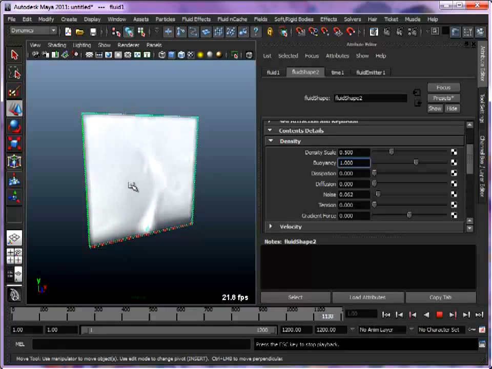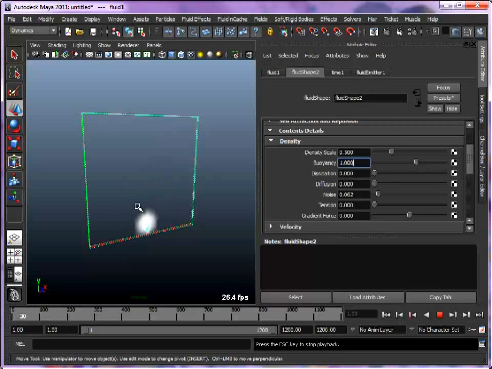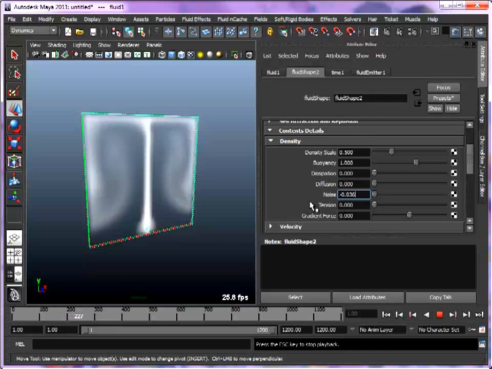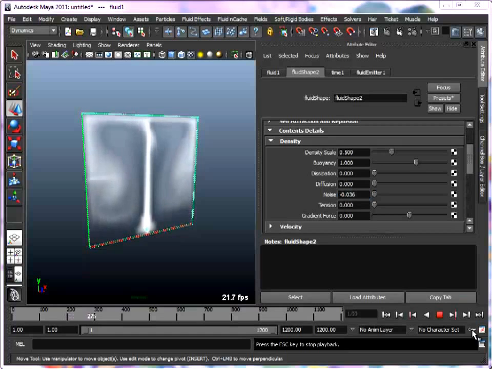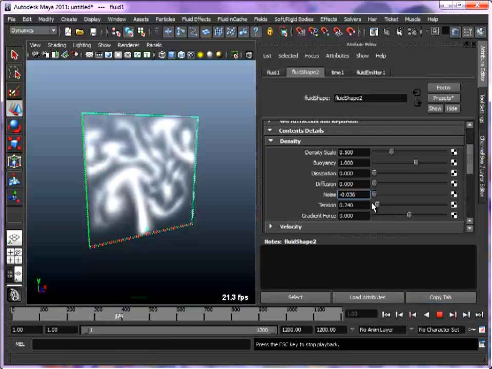But be aware that high noise values can add unwanted jitter. As you can see here, a little bit of jitter going on there, so use it sparingly. The noise value. Tension is again the new feature, and it pushes density into a rounder shape,